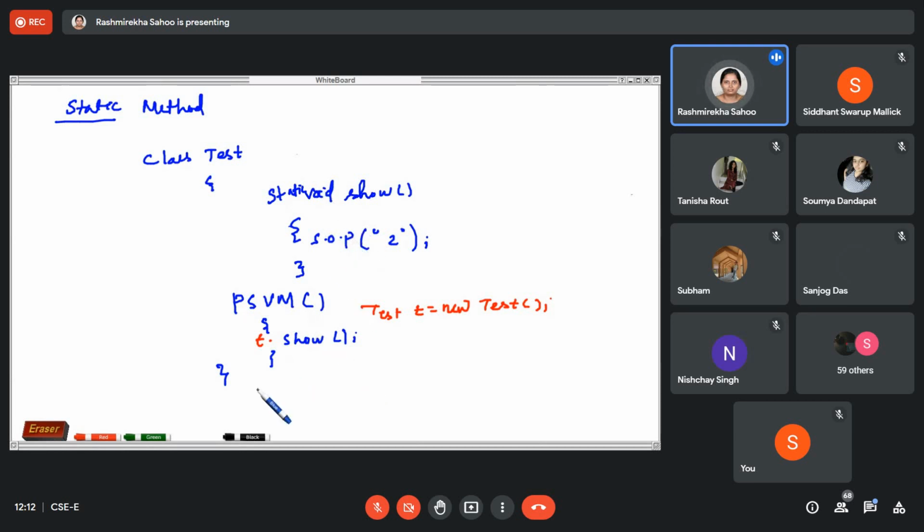Okay, so in your program, you just write here int a equal to 5, and here you just print the a value.